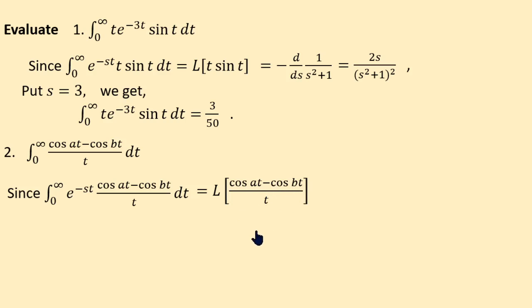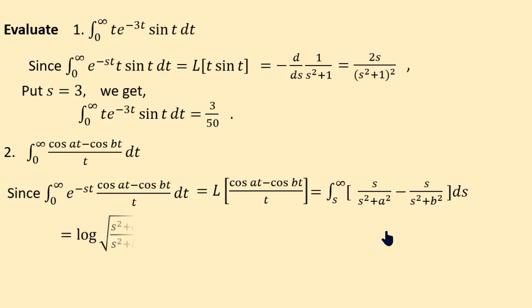So, that is integral s to infinity of the Laplace transform of f of t. Here f of t is cos at minus cos bt, that is s by s square plus a square minus s by s square plus b square. And we have the formula for the integral of s by s square plus a square ds, that is log root s square plus a square minus log root s square plus b square, and log a minus log b is log a by b. Therefore, it is log root s square plus a square by s square plus b square